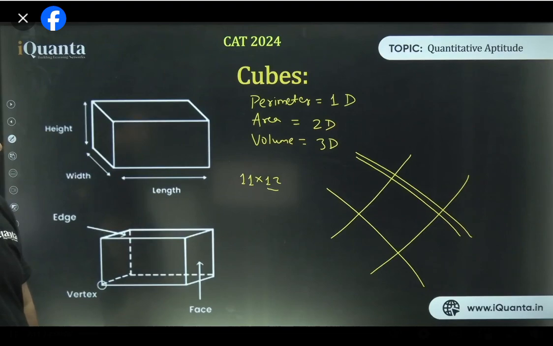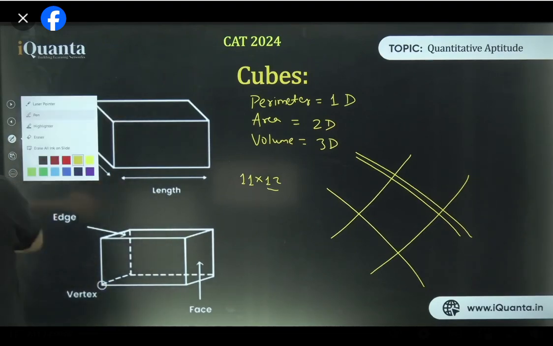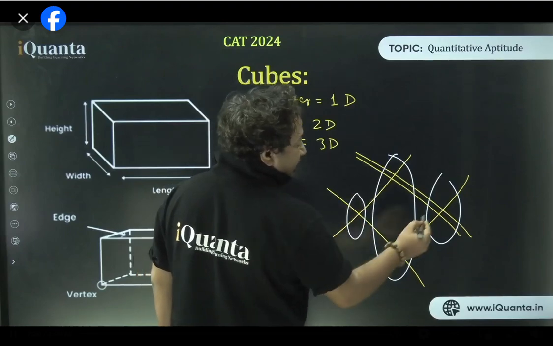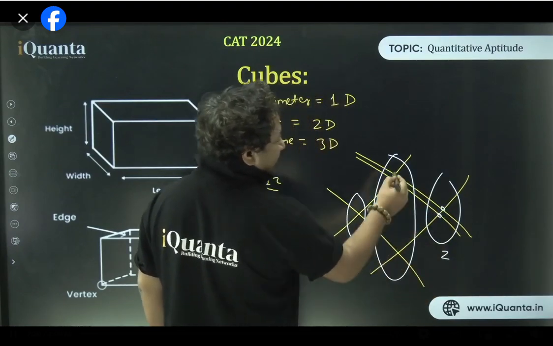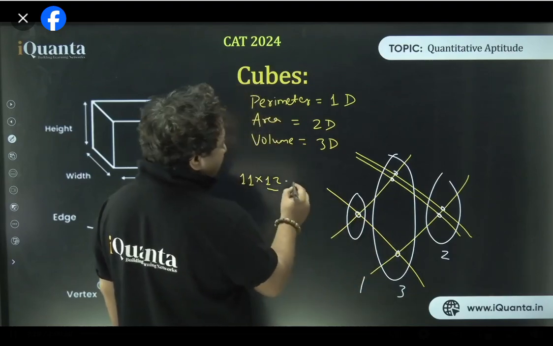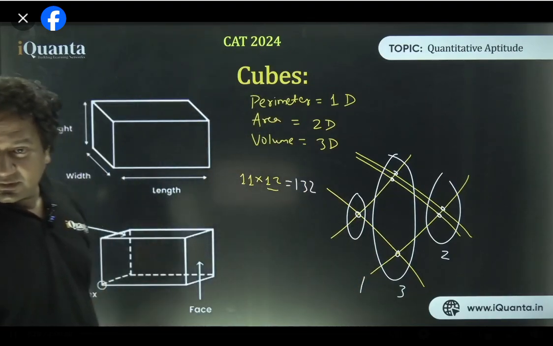So from the place that you are seeing it, we have 3 planes. The first plane is this one, second is this one, and third is this one. So here we have 1 and 2, 2 points of intersection. Here we have 1, 2, and 3, 3 points of intersection. Here we have only 1 point of intersection. 132 is the answer. Yes or no? Beautiful, isn't it?